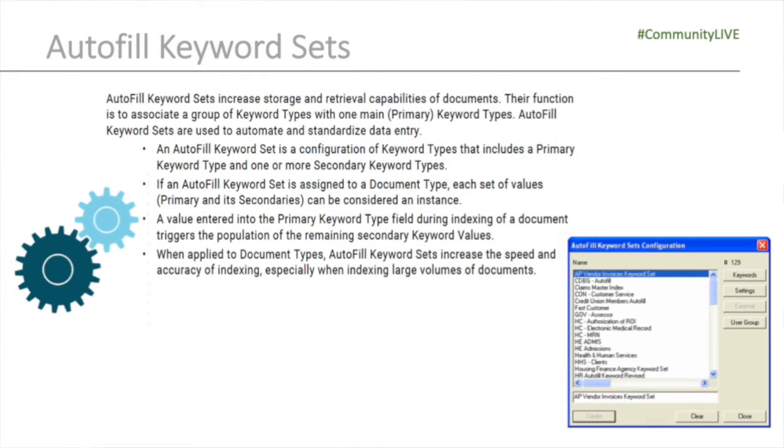There's very few use cases where WorkView is standalone, where we're simply managing a data set and nothing more. Now, there are some advantages of that. We can use those data tables for things like autofill keyword sets. You have maybe employee number 115, and then you already know all the other information about that employee for that autofill keyword set. So we use it in those types of fashions from the services side internally for some solutions, but